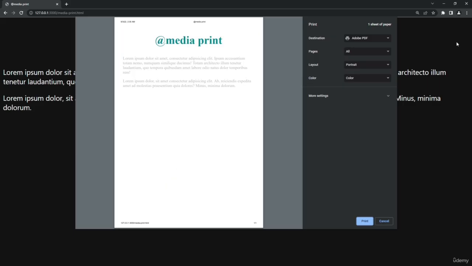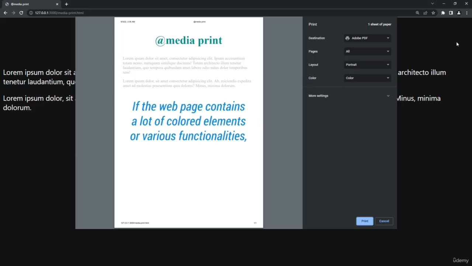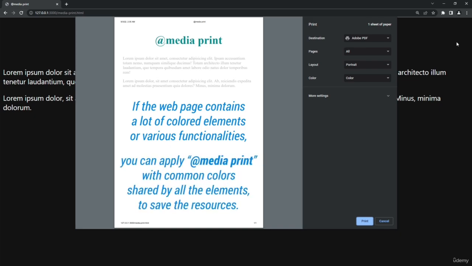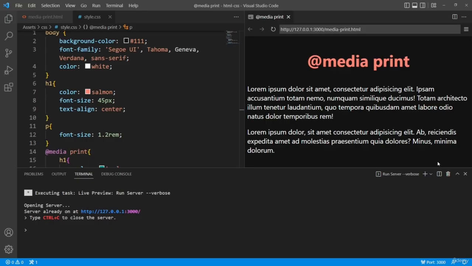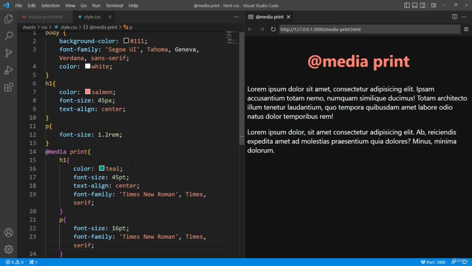The purpose of using the print media query is quite simple. If the web page contains a lot of colored elements or various functionalities which are to be printed on the page, you can just apply the print media query with common colors shared by all the elements. This way you will be saving many resources and the need of printing the web page layout on a page gets fulfilled as well. For example, instead of giving different colors, if I apply similar colors to these elements